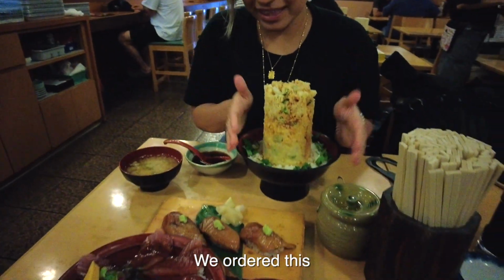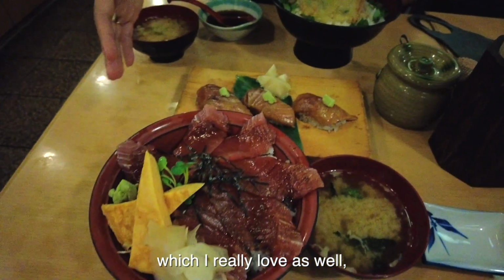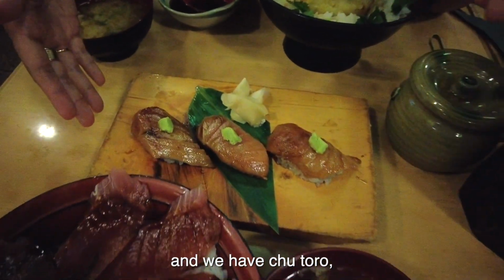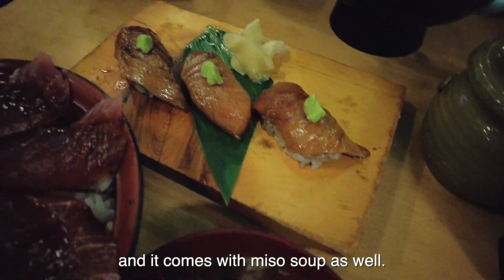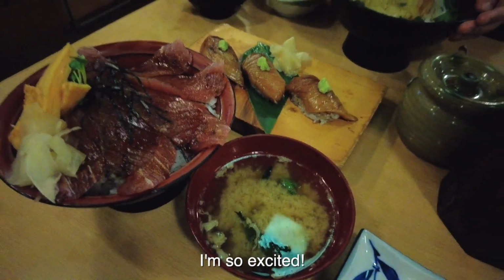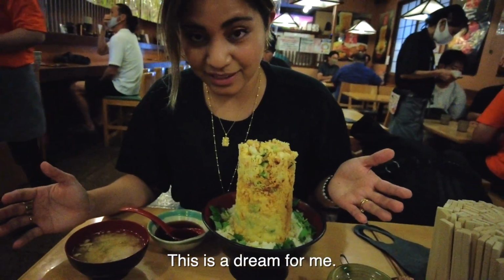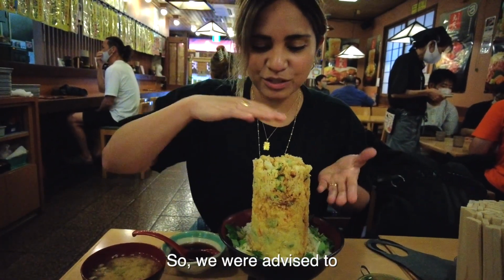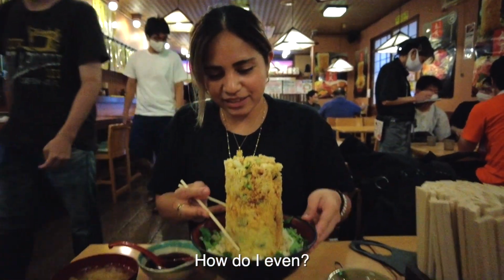What? We ordered this, and we have tekamaki don, which I really love as well. And we have chutoro, so this fatty tuna sushi. And it comes with miso soup as well. I'm so excited. This is amazing for breakfast. This is a dream for me. So we were advised to bring it sideways before we eat it. How do I even...